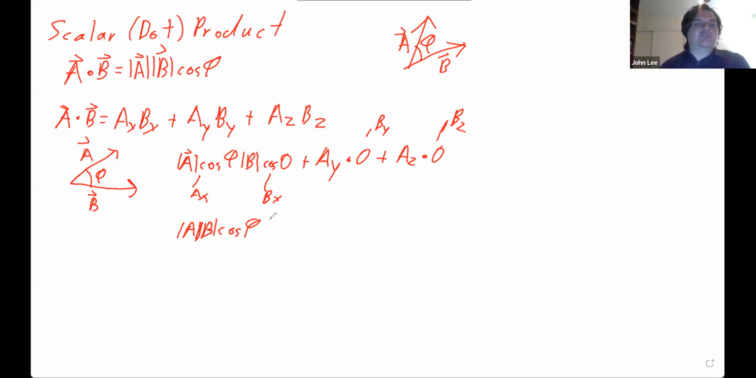So that's just the proof that a dot b equals ab cosine phi, if we take this definition first: axbx plus ayby plus azbz. And then that